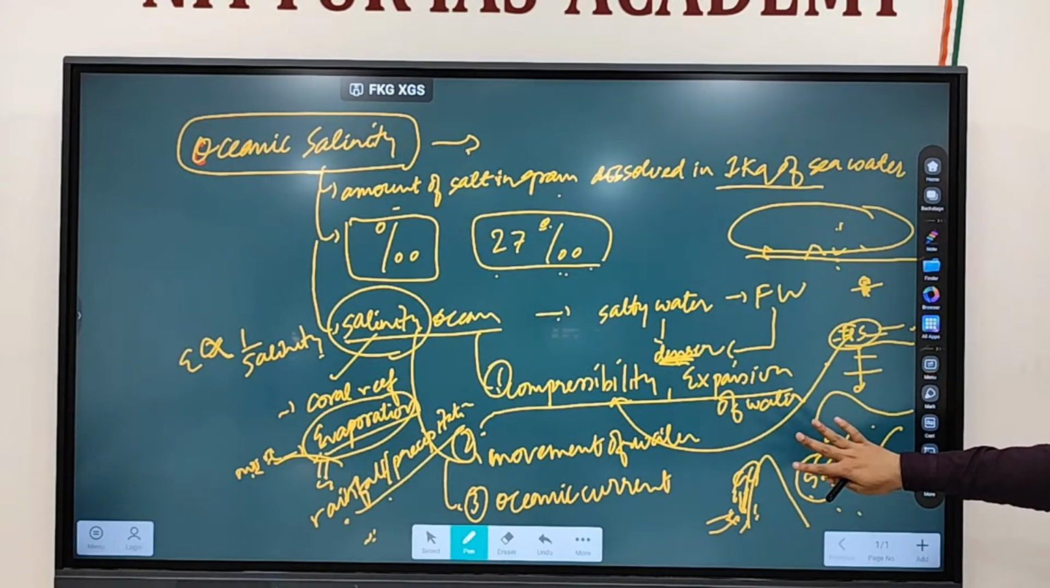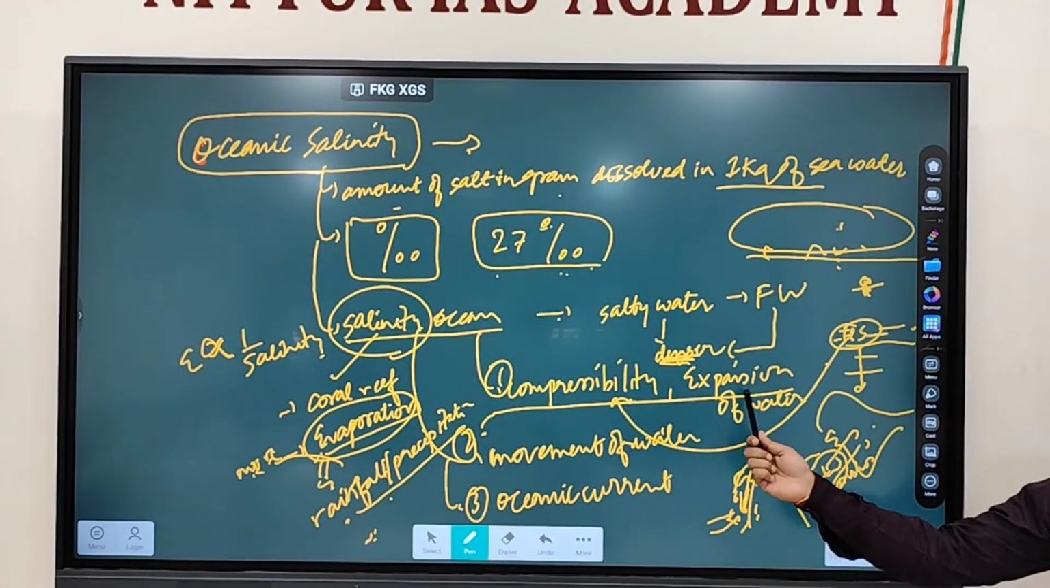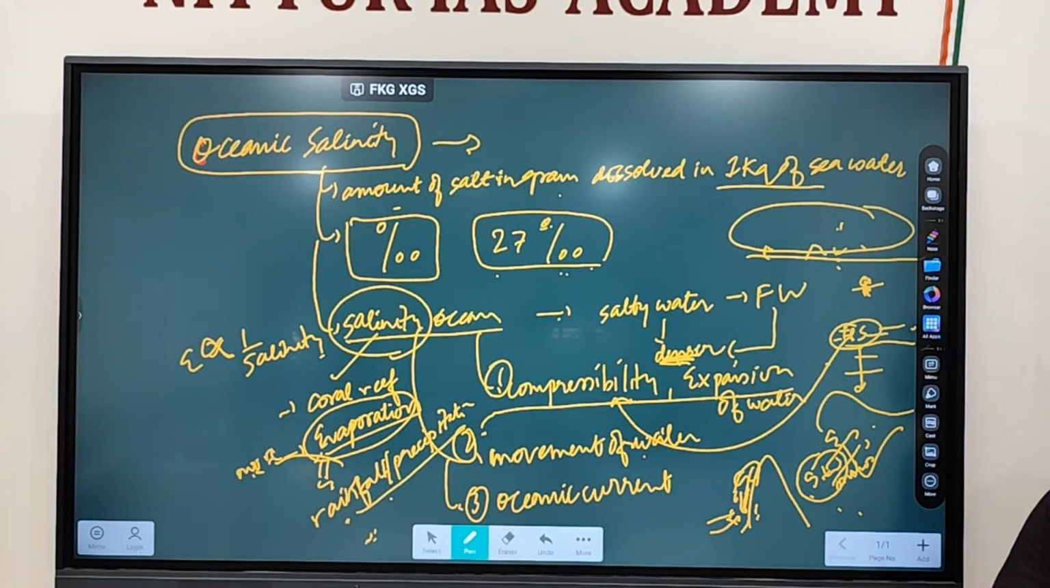So why do we need to study salinity? We need to study salinity because it determines compressibility. It determines the expansion, the movement of water, oceanic currents. We have discussed, it determines evaporation, rainfall, precipitation. This is the reason why we need to study the salinity part. Fine. So if you see,